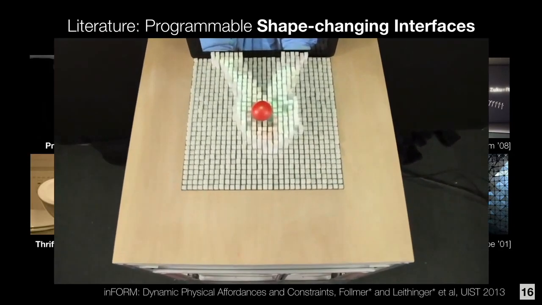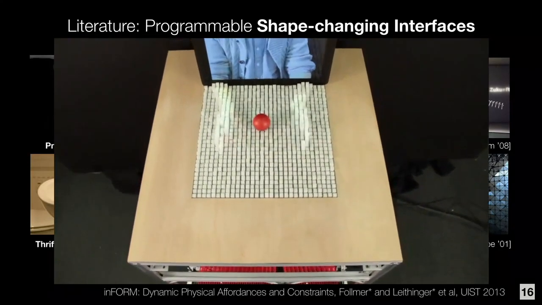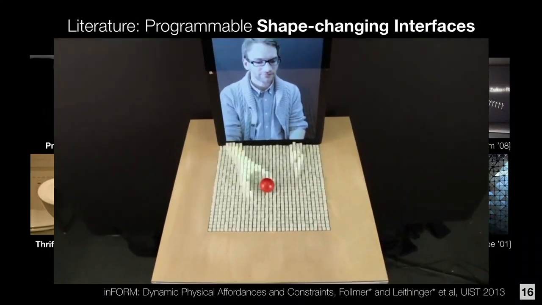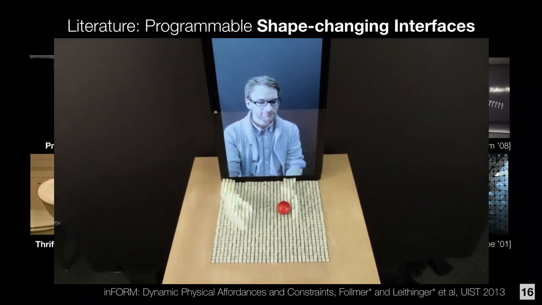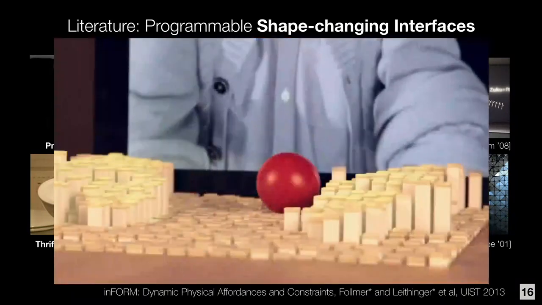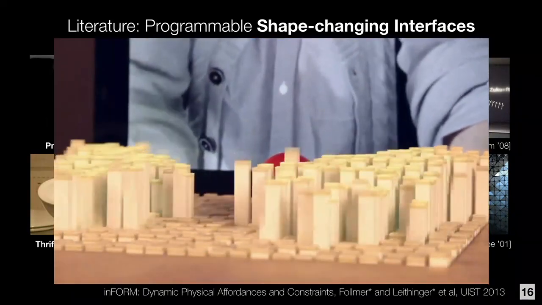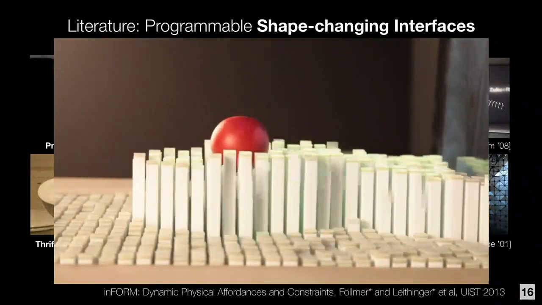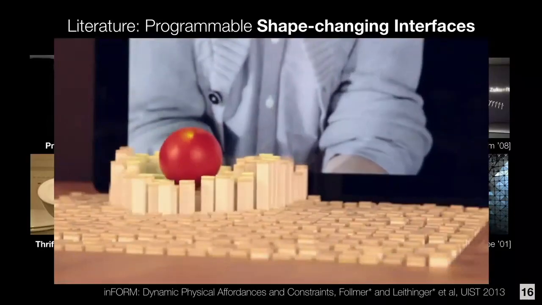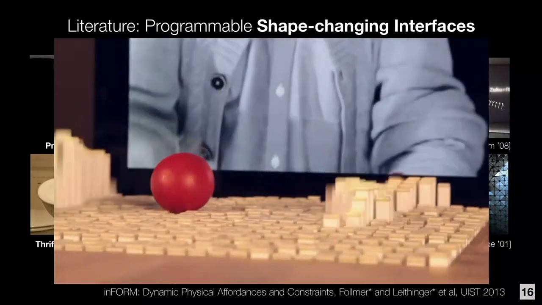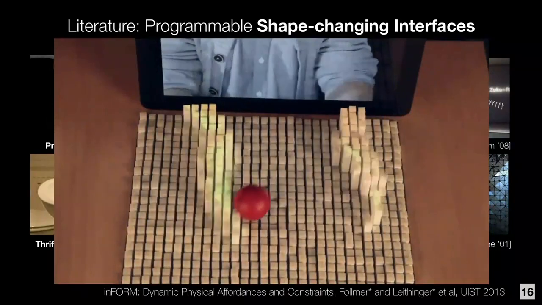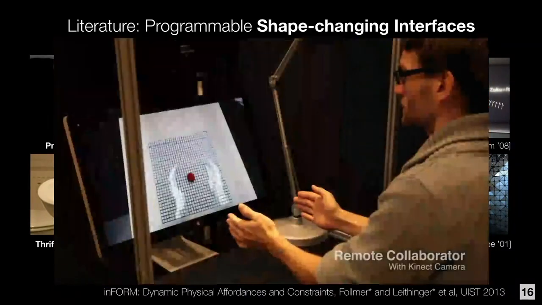For example, this one is inFORM, developed by MIT Media Lab. This system is trying to program not only the pixels of the computer screen, but also the physical surfaces to embrace digital computation, so that it can actuate objects, construct shapes, or represent the human hand in a remote way. By the way, he is my advisor, Daniel